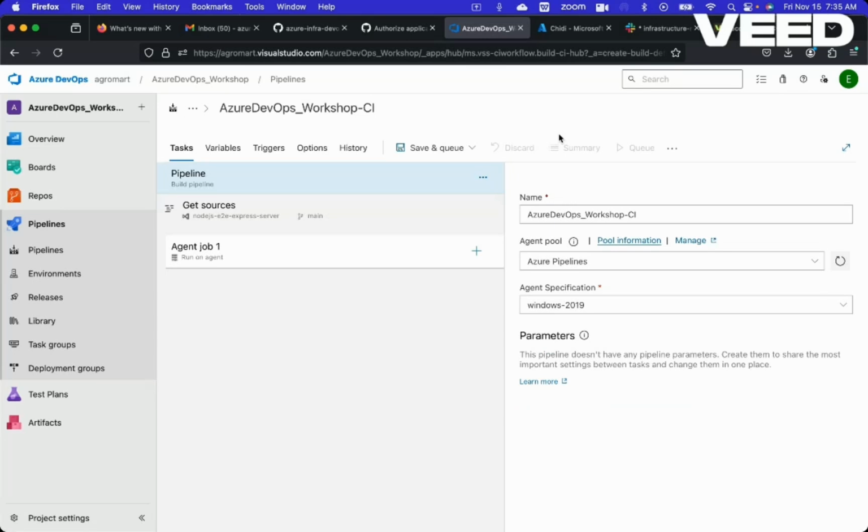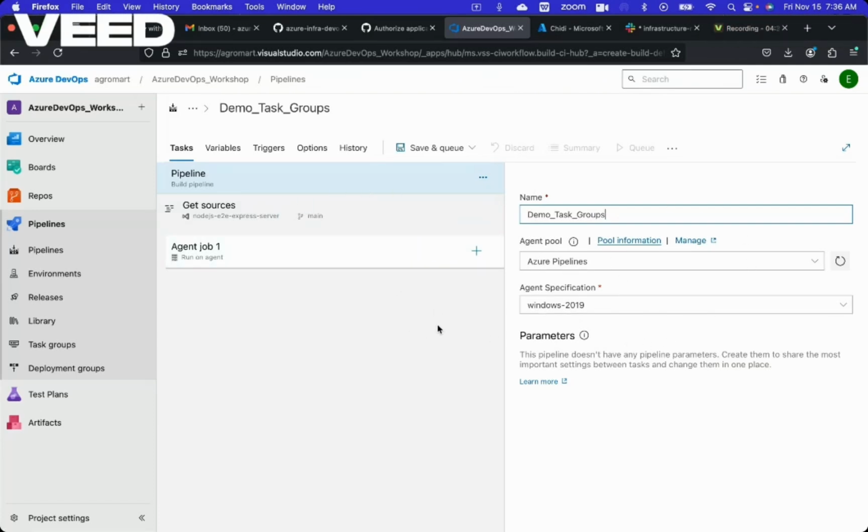If you select an empty template, the first step is to just name your pipeline. Here I'll say demo task groups. And then I'll leave the rest as it is. On the agent job,